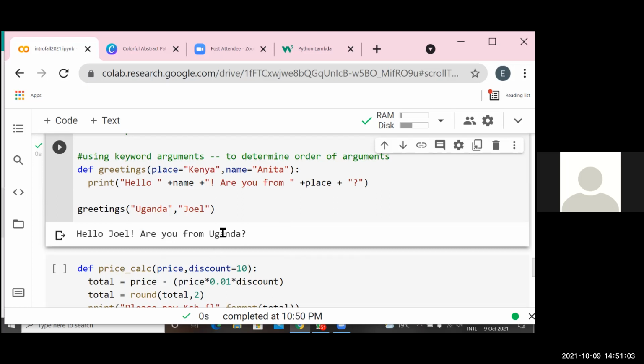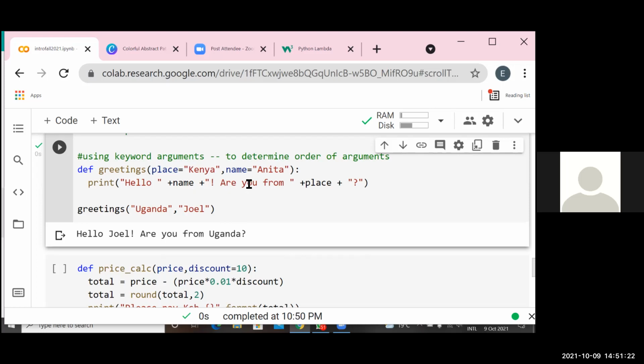So it can accept different values, but if in case you don't give the values, it will now run the default values that you assigned earlier when defining your function.